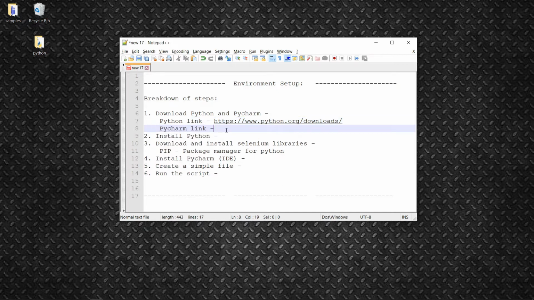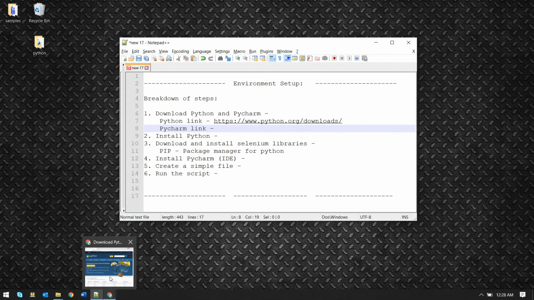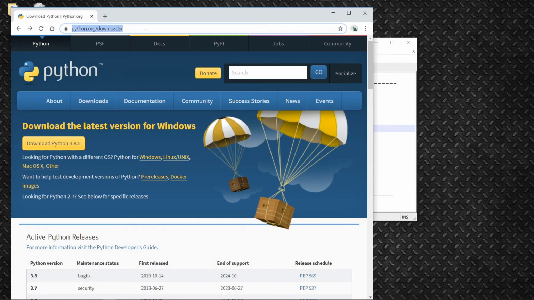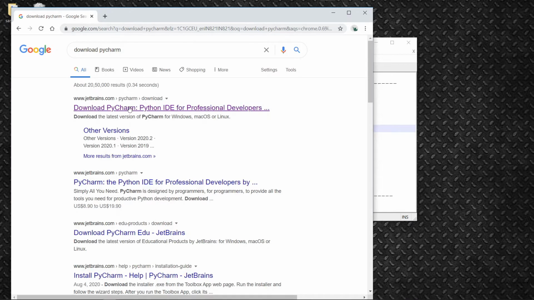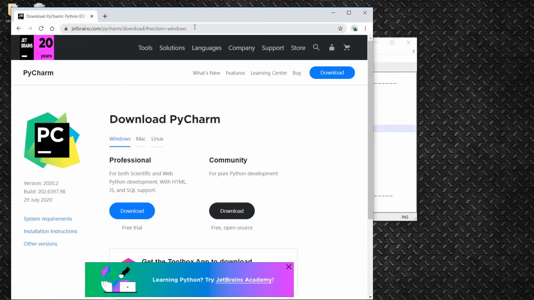So now this is for Python. Similarly, we are going to download the PyCharm binary. We'll go to the browser and type download PyCharm. We'll select the first option and we'll choose the community version.